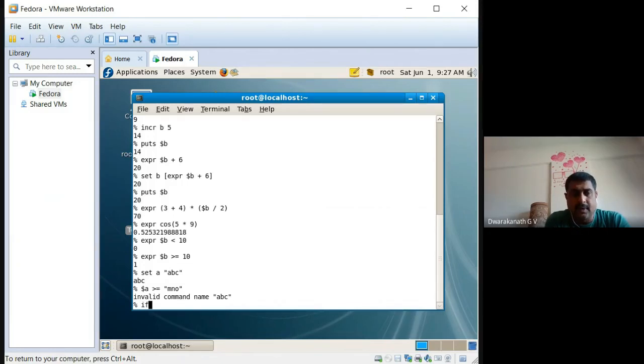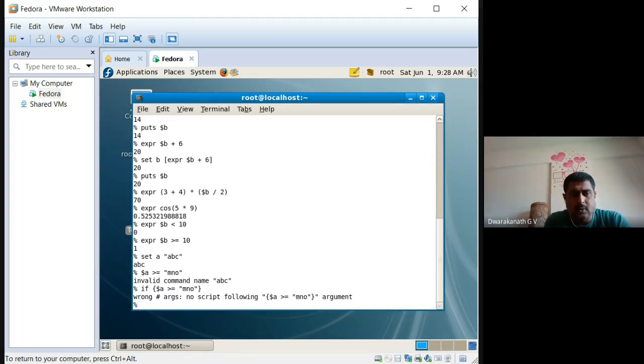So when doing an if statement, you can get that. That is if, within curly braces $A, I will tell you the if syntax later on, don't worry about that, is equal to MNO. Close that. No script following argument. It should follow the argument also, I think.